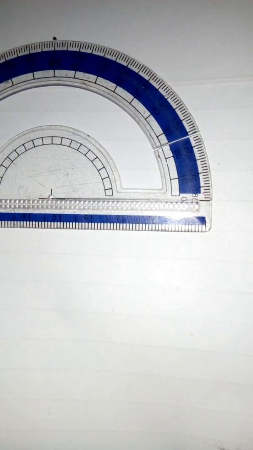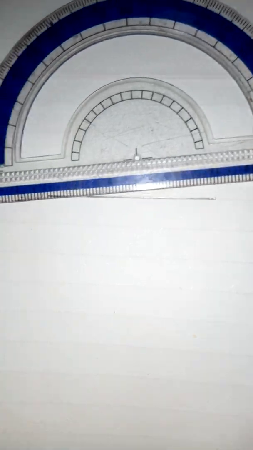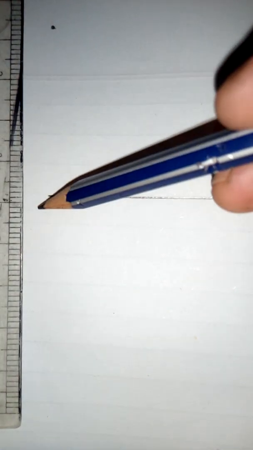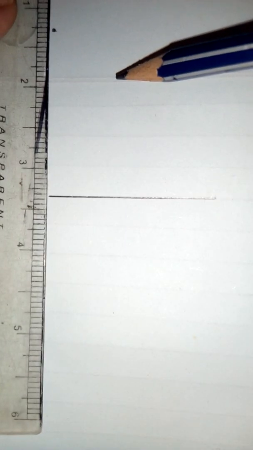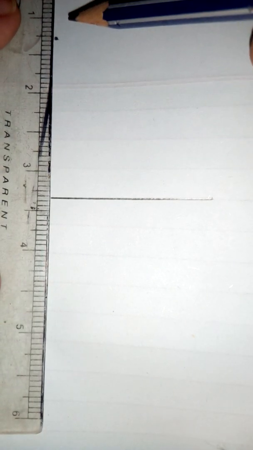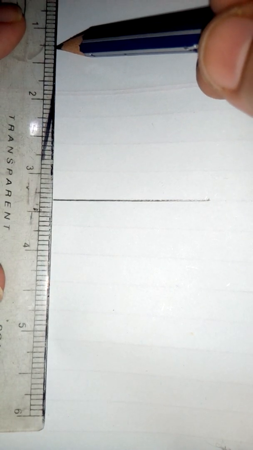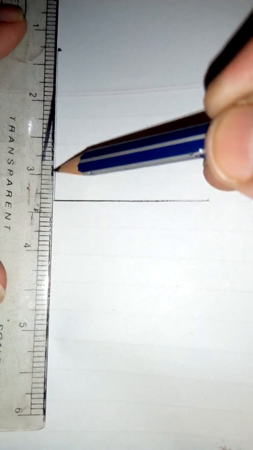After putting the point on 90 degree, I am going to remove my protector very carefully, and then with the help of a scale, I am going to join my point and my vertex together. Bring them in one line like this, and then sketch a line. With a light pencil you will sketch a line, and then after that you will do the labeling. Labeling is the most important part in geometry. First of all, you are going to select any dark color. I am using 3 different dark colors for labeling.